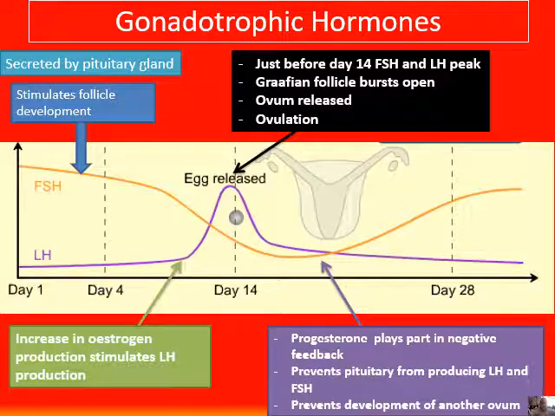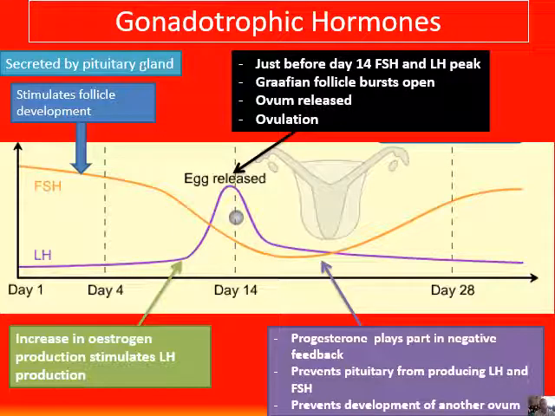So let's start with FSH, because we need to start somewhere, and we need to start producing the follicle as well. So it's secreted by the pituitary gland, and it stimulates follicle development. You can see that the FSH is in quite high amounts right in the beginning because nothing is inhibiting it, and over time around day 4 it actually starts to decrease. As it starts to decrease, we can see that we have an increase in estrogen production stimulated by the luteinizing hormone production. Okay, so as estrogen increases, that follicle stimulating hormone is going to decrease,